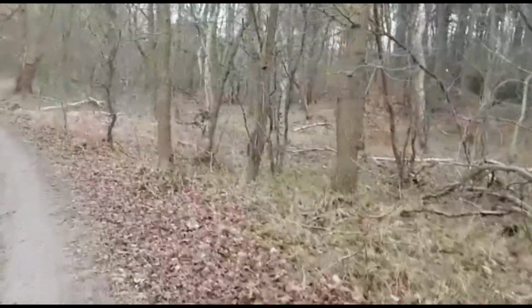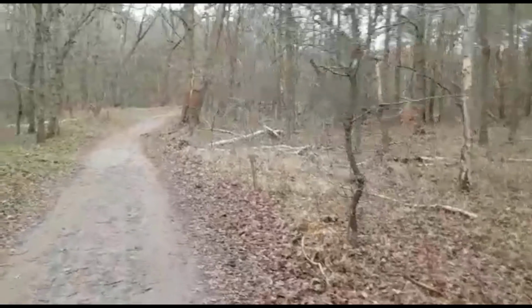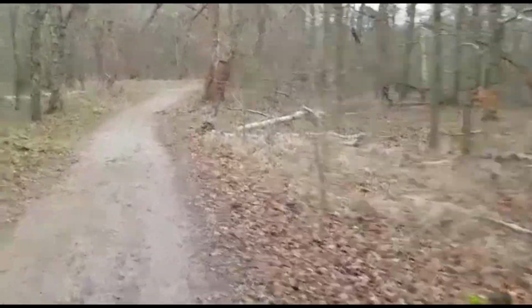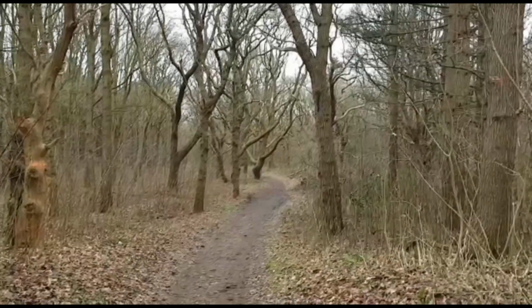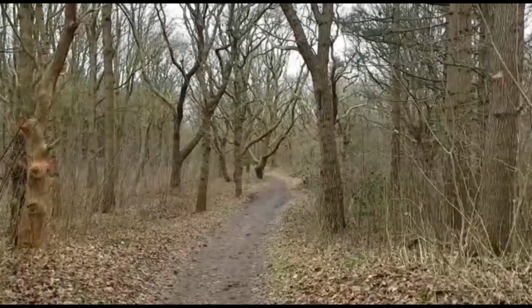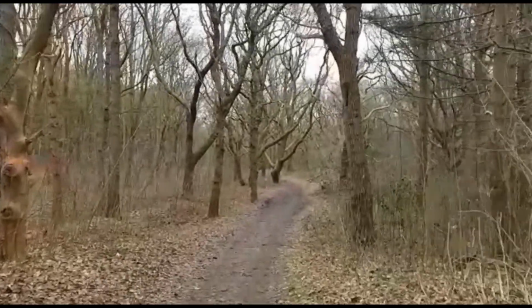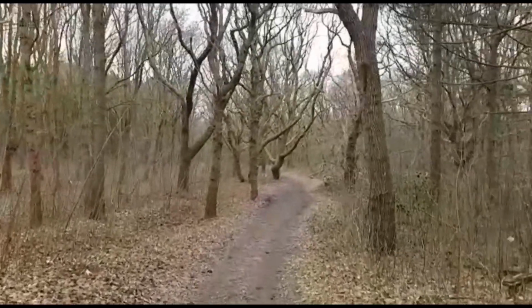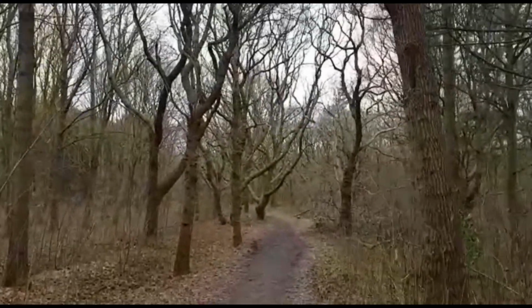Just free your mind a little bit, enjoy the fresh air. So, okay, we're going a little bit further. Just take a look at all the structures of the trees. I find it pretty special. I don't know why, but